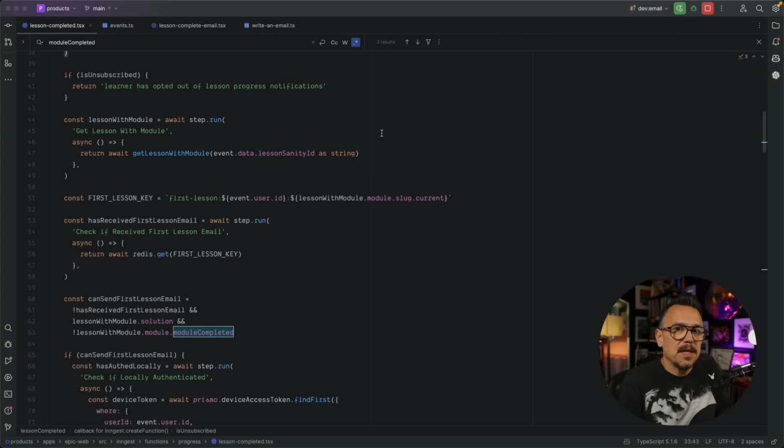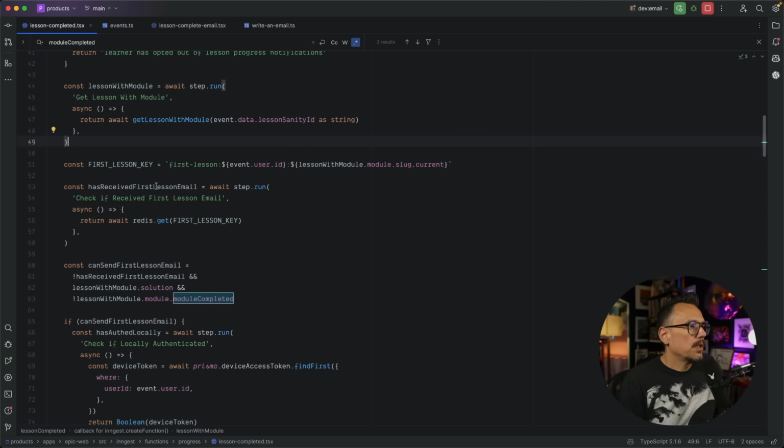With that little bit of housekeeping taken care of, we're able to continue. And what we want to do is, because our data carries some ID information for the particular lesson that the user just completed, we can take this opportunity to actually load that data. So the event just carried an ID, and now we want to, from our database, load that data. In this case, we're actually loading the lesson metadata from Sanity. And so we call that, and again, it's await step.run, get lesson with module. So this calls this function, it awaits it, it returns, and what we have is the lesson with module. We actually get that data back.